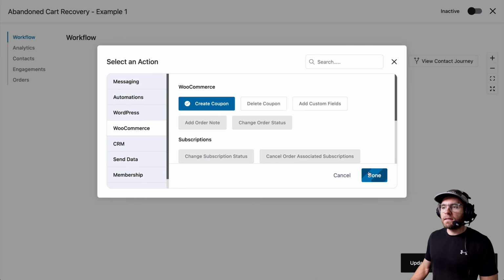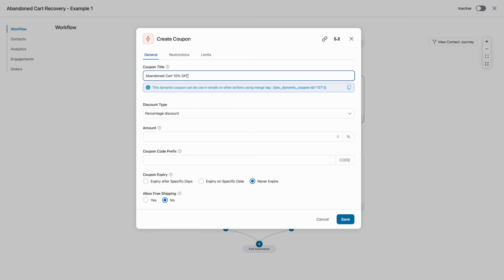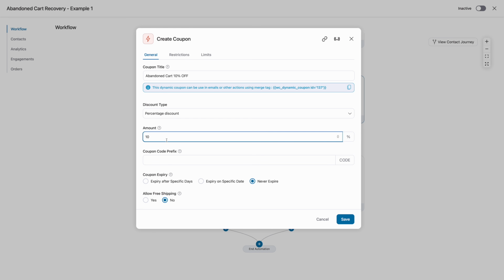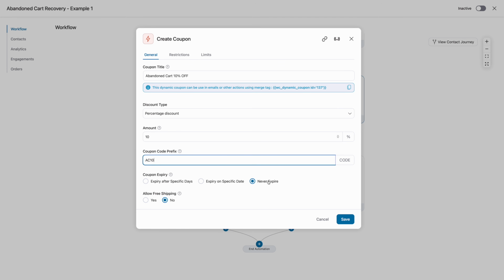And then done. And the coupon title, I'll name it Abandoned Cart 10% off, and we will give 10% off. And this is the coupon code. So I'm going to call this AC10 for Abandoned Cart 10. So let's go down, and I'm going to allow this never to expire, and I'm going to not allow free